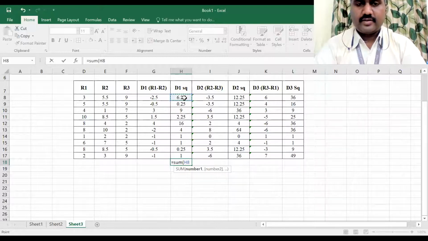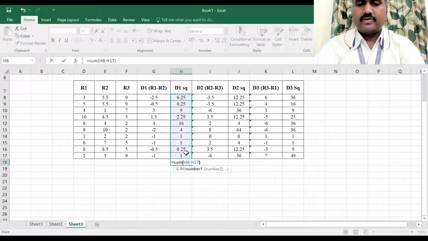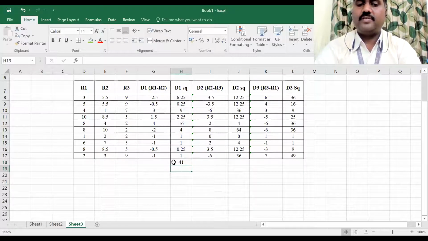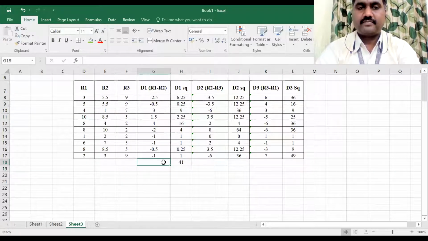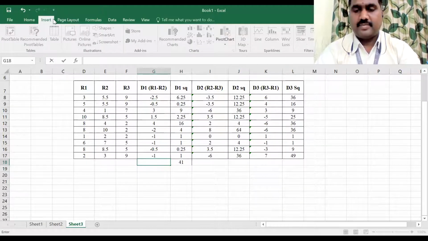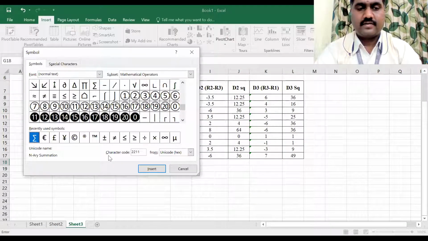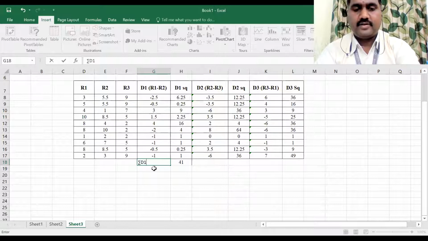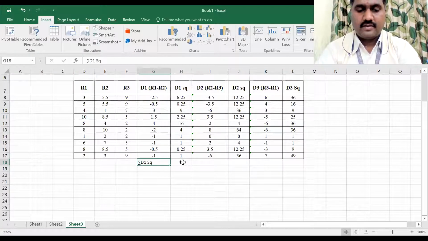Summation D1 square. Close it. So you got the summation D1 square is 41. Summation D1 square is 41. Next,